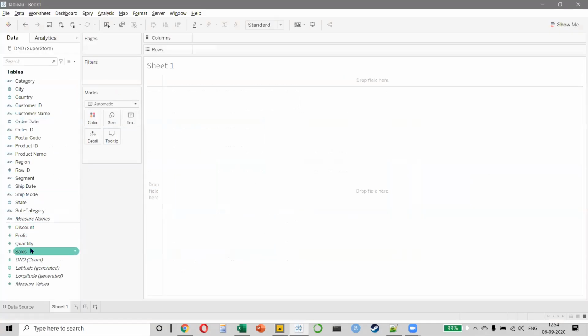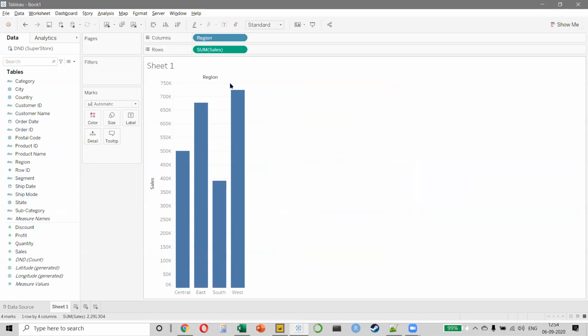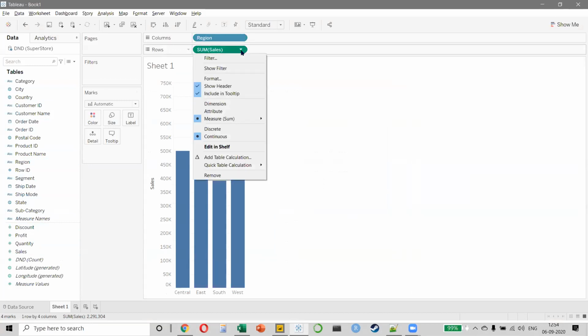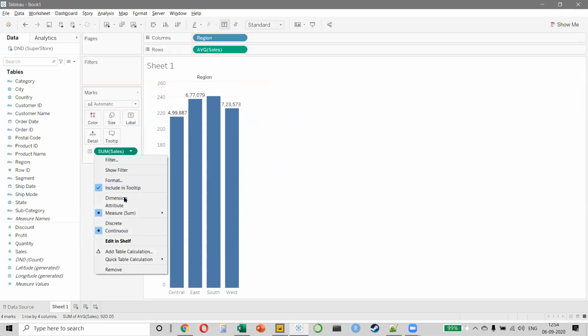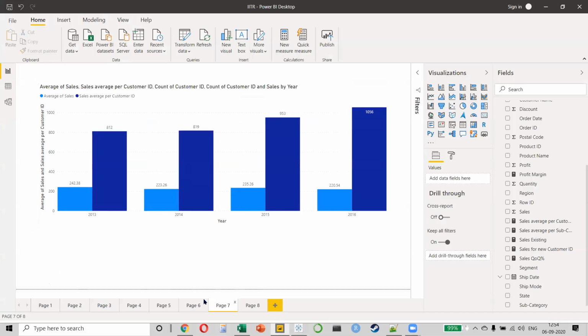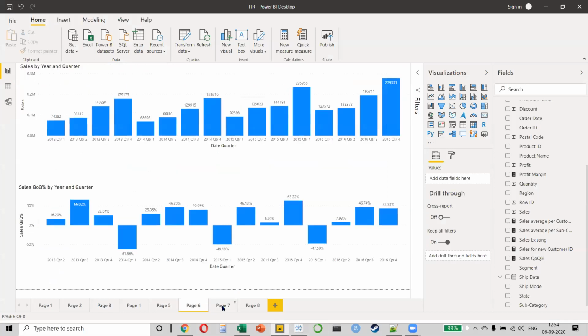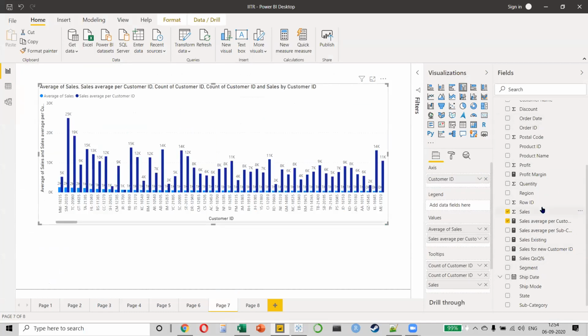So we will select sales. Then I will select my region. But we don't want to see the sum of sales. We want to see the average. So we'll click on the drop down and we will change the sum to an average. How do you see the numbers at the top? I can just select my sales and put it in label. And here also I will change it to the average. So just to confirm, everyone, Central is 215, East is 237, right? So one moment. Let me also keep the region here. Region.